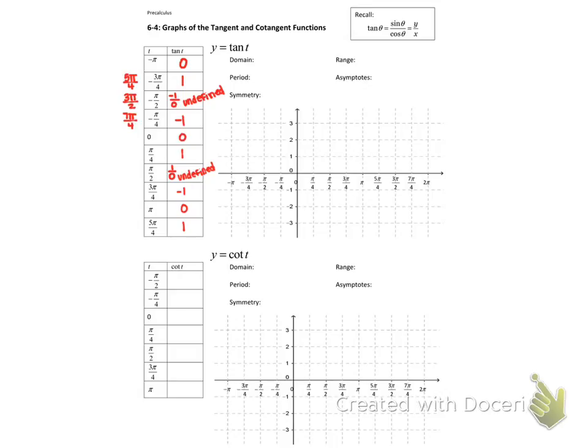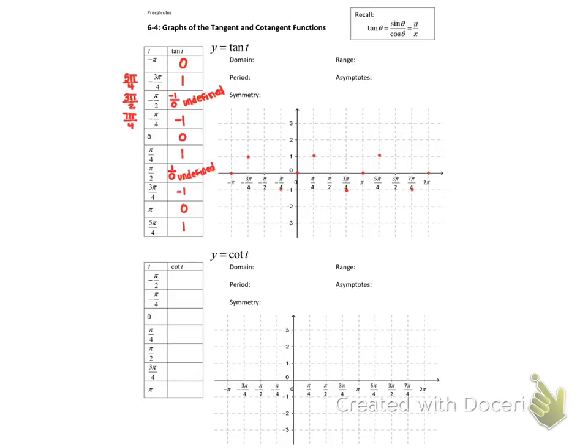then we have negative pi, 0; negative 3 pi over 4 is 1; negative pi over 4, negative 1; 0, 0; pi over 4, 1; 3 pi over 4 is negative 1; pi, 0; 5 pi over 4 is 1; and we can even keep going and know 7 pi over 4 and 2 pi. So the way that we curve these graphs,